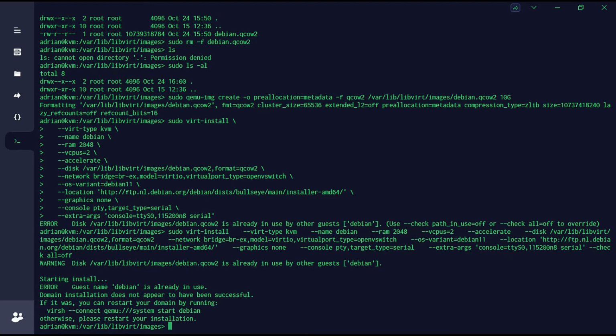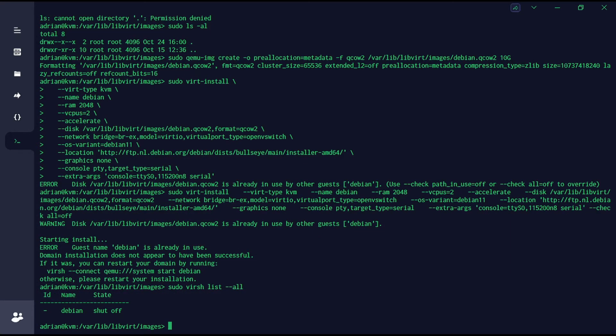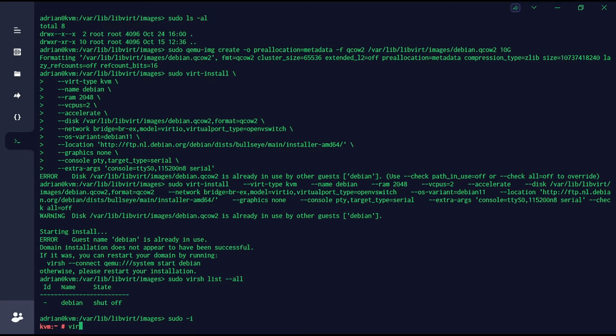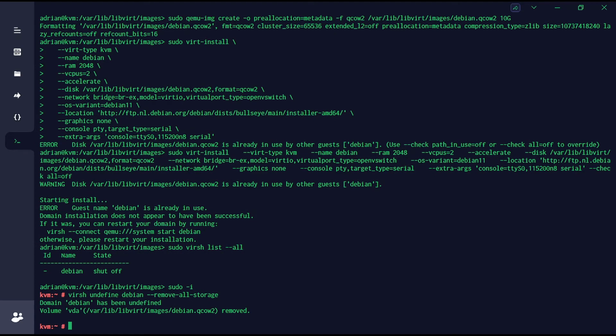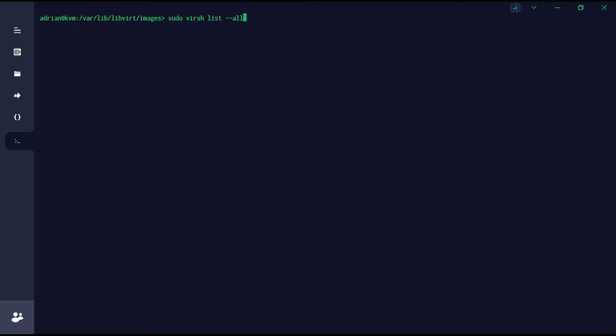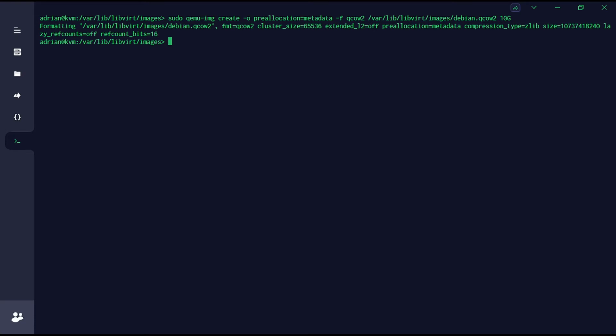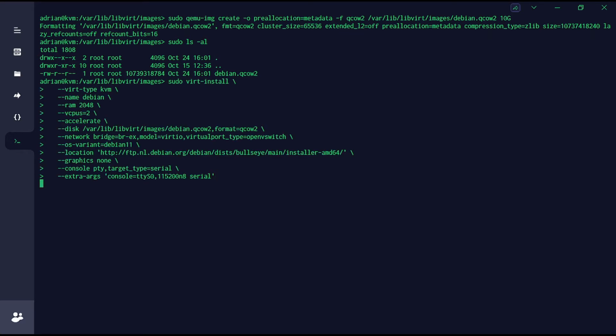Okay, domain installation doesn't appear to have been successful, so let's check this with sudo virsh list --all, and you can see something like that. So sudo virsh, and I will just switch to sudo -i and virsh undefine Debian and remove all the storage. Go back here, use the image once again, sudo ls -l, and okay, we will try to create once again, copy and something like this,